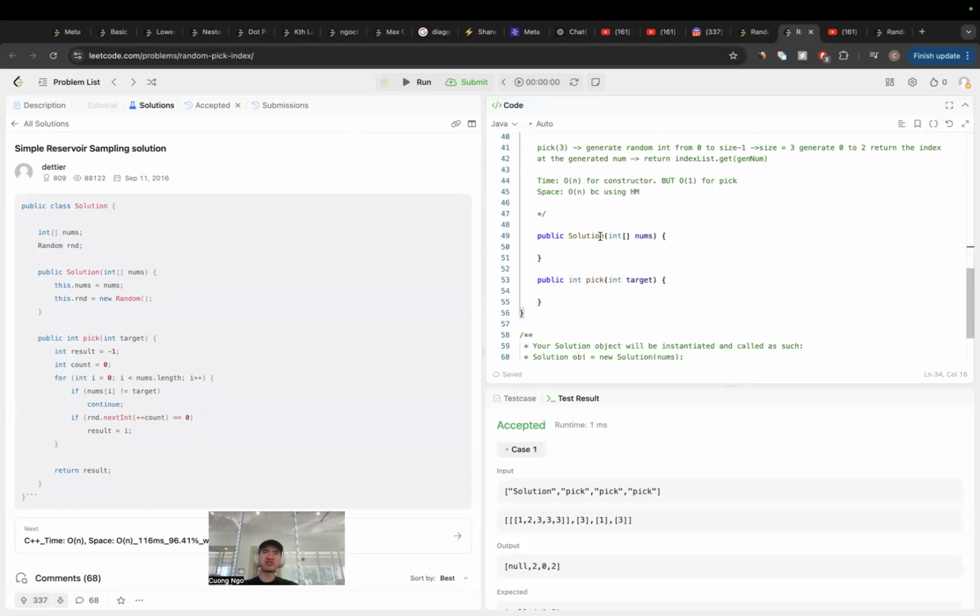And when would we use this? When we don't know how many, when we can't use any other data structure, when the requirement for the space complexity is O of 1. So